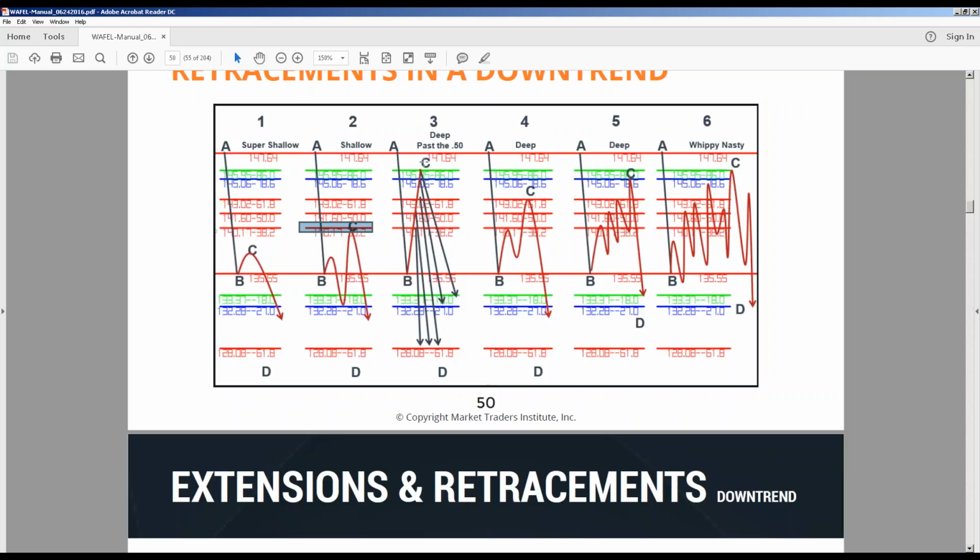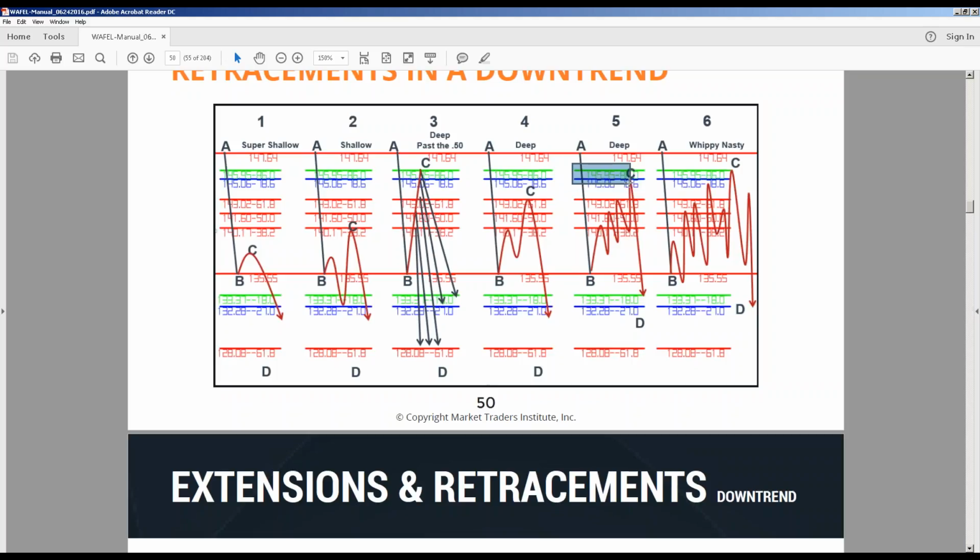Also, you can see the market give you a deep retracement past the 50 retracement level. Also a D extension where the market should wave, first bounce against the 382 and then eventually give you a deeper retracement. That's why I don't want to sell when the market hits the 382, because you could be seeing a deeper retracement. Also, the market could be waving inside the AB boundary all the way to the 786 or the 86,